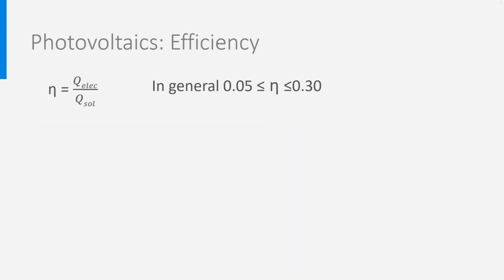The efficiency of PV cells is of course defined as the electrical output divided by the incoming solar radiation. Just like for other renewables, we will consider the primary energy to be zero, as well as the CO2 equivalent emissions. The actual efficiency of PV cells varies between 5 and 30%, 30% being really exceptional. However, there is research on PV cells with even higher efficiencies.